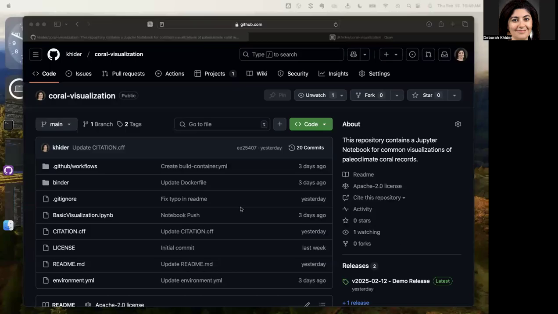So let's talk about how we can actually create containers and release them essentially through GitHub. Dave talked a little bit this morning about Docker, being able to create a Docker container with a Dockerfile. You can do this on your computer. You just need to install Docker Desktop and Docker on your computer to do it. But one of the most efficient ways, especially if you're using GitHub, is to create GitHub Actions to do